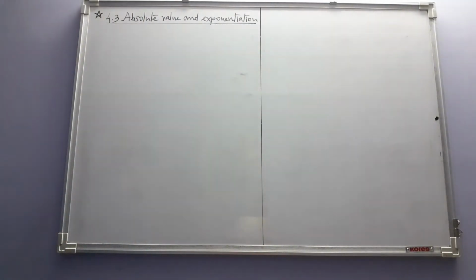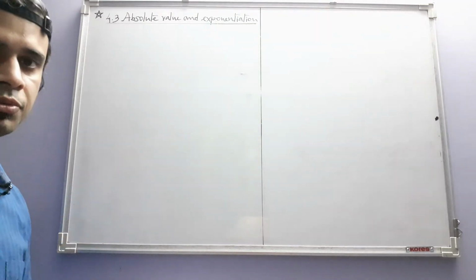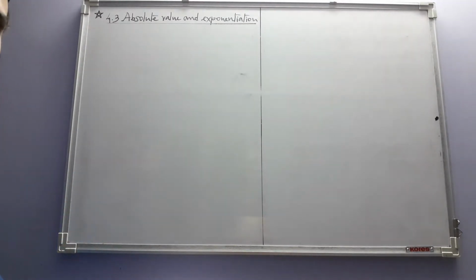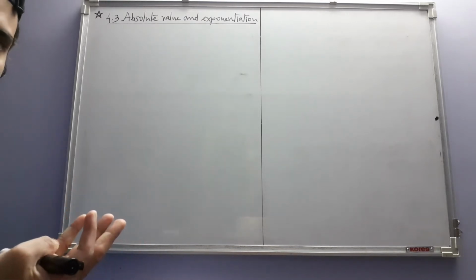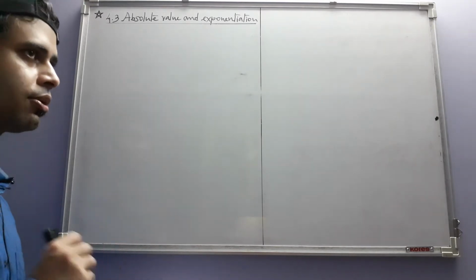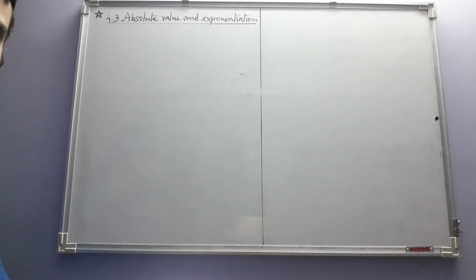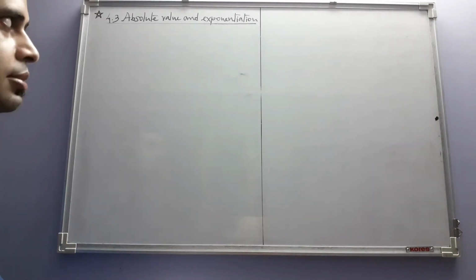We are going to start a new section, absolute value and exponentiation. So we have developed the system of rational numbers, and we have proved all the basic things that can be proved in this system. And in this system we now have the four basic operations of addition, multiplication, subtraction and division. We also have an ordered relation which allows us to decide which rational number is greater than which one, less than which one, and such things.